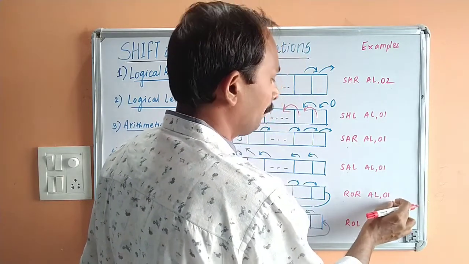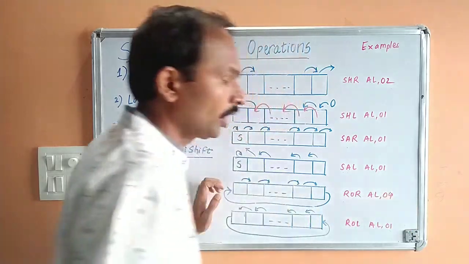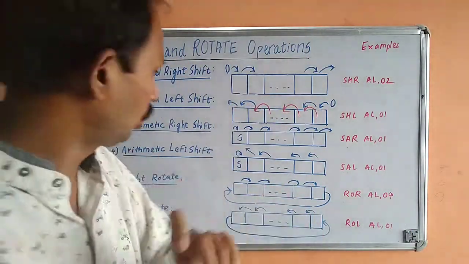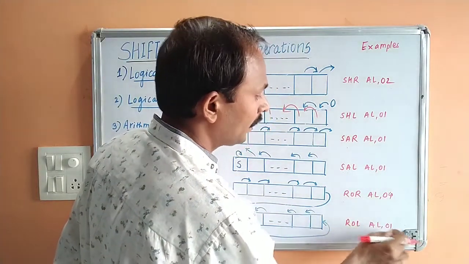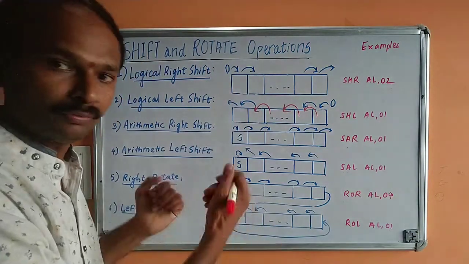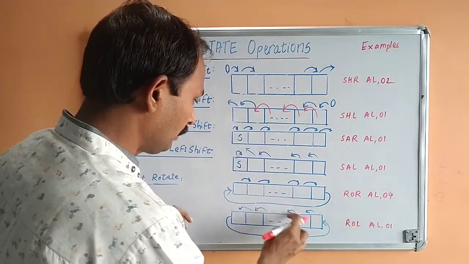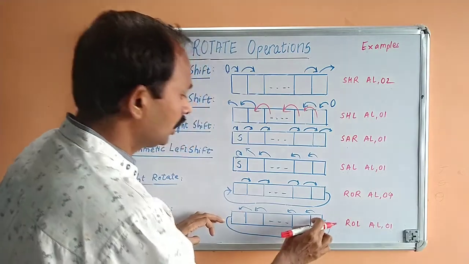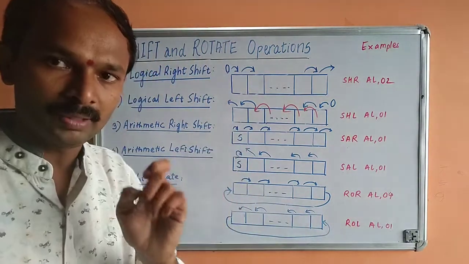So this is the bit number. It can be 01, 02, 03, 04. So these are bit numbers, the number of bits which I want to either shift or rotate. Again, for left rotation, ROL, AL by 01. So in left rotation, what is happening? This will be very clear with the help of this diagram. On the left hand side, I am rotating the bits one by one, and this particular bit is coming once again as a bit of the stream of the same number.